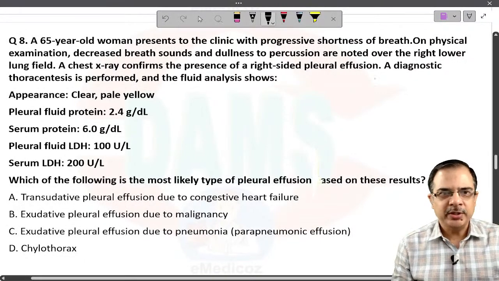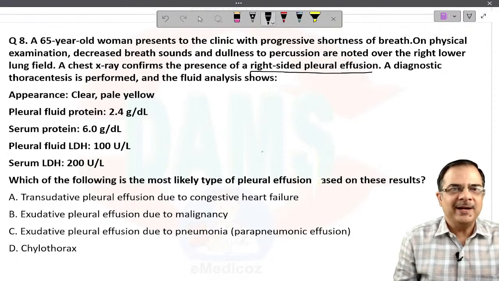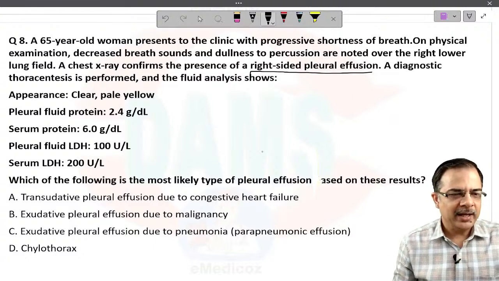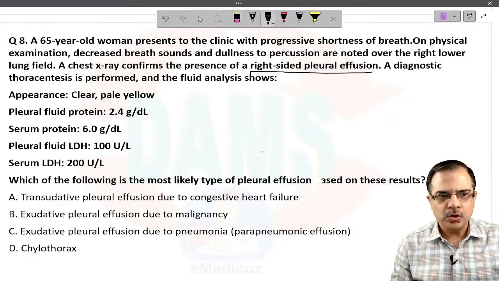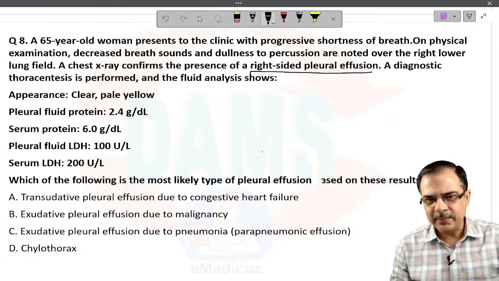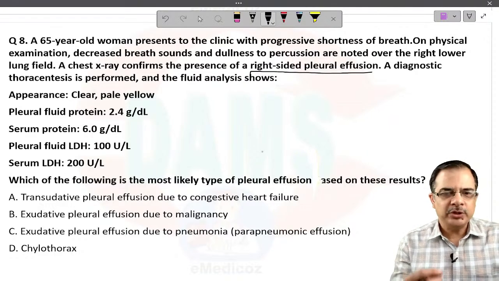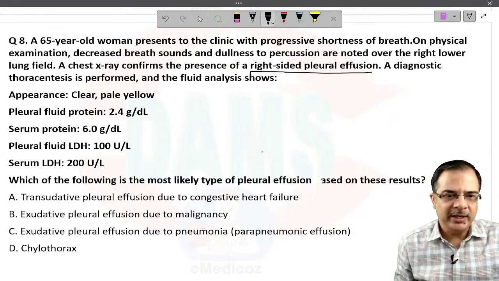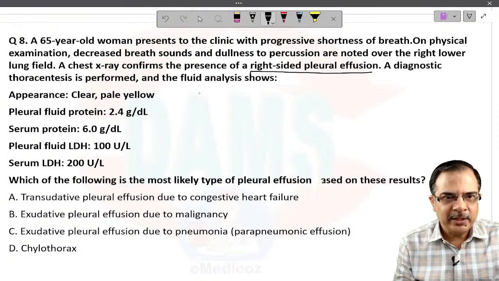The question is: a patient has a right-sided pleural effusion, and these are the findings given of clinical examination. Now, a diagnostic pleural test is done. So the question is which of the following is the most likely type of pleural effusion based on these results. So we have to check whether it is a transudative or exudative effusion. So Light's criteria will be used here, and for the Light's criteria,